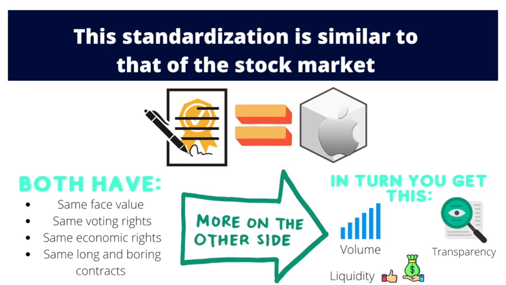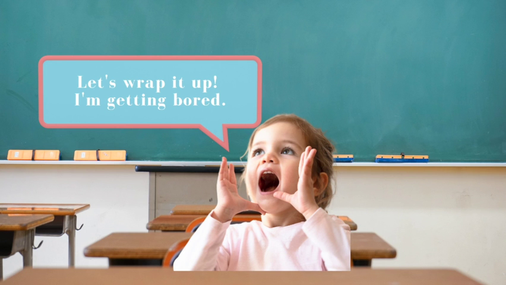This facilitates trading and translates into a greater volume of transactions for that product in that market, with the advantage of having tight bid and ask prices with a high degree of transparency and a significant level of liquidity. Such is a commonality within the stock market, the futures market, or any other market where they offer a standardized asset. Well, dear viewer, we've covered a lot of things in this topic, so let's wrap it up.